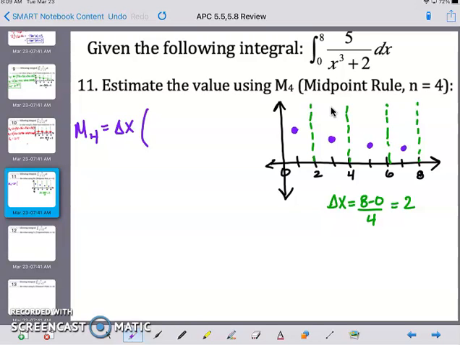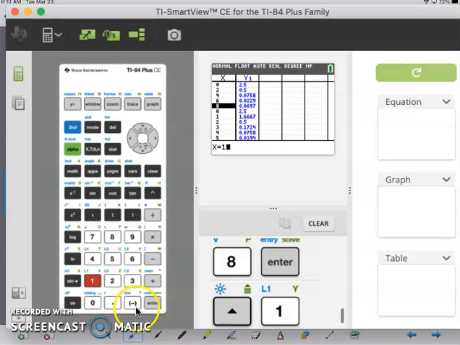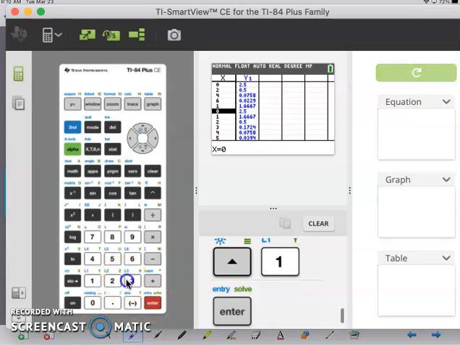So it might look something like that. So we need f of 1, f of 3, f of 5, and f of 7. So I'm going to go back to my table on my graphing calculator, and I'm going to type those values in. So I want x equals 1,